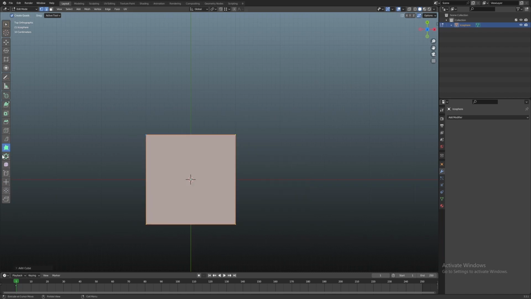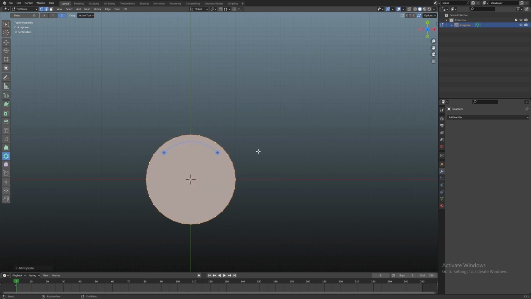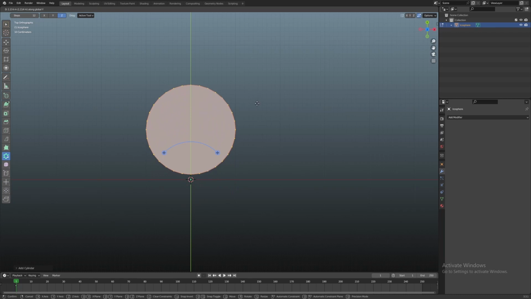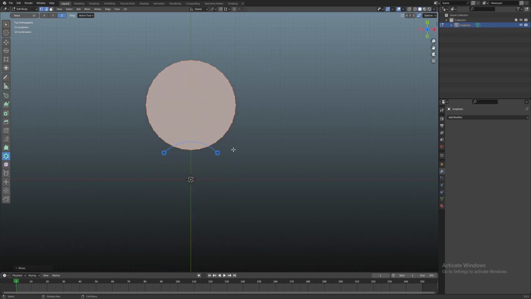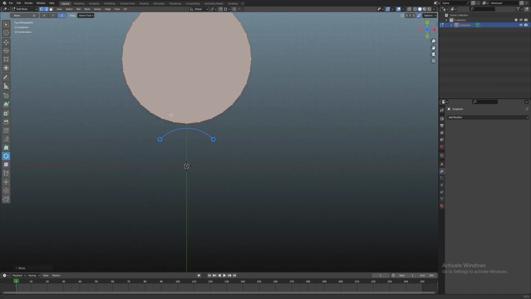So that is one of the crazy tools. Another tool I want to show you is duplicates, and this is something I use all the time. It is awesome. So let's create a cylinder. Let's bring it somewhere right over here. As you can see, a blue curve sort of thing has been created,